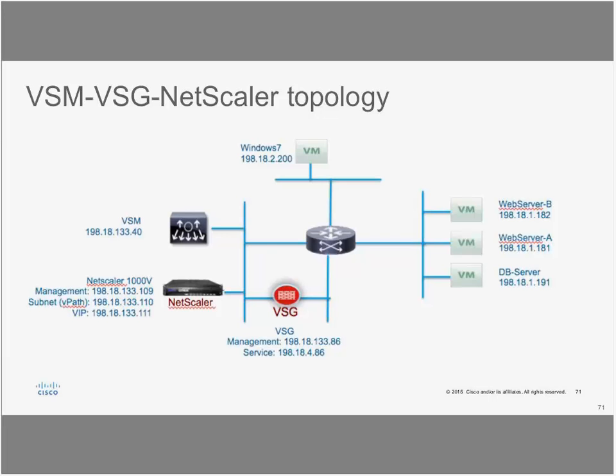This topology I've taken from dCloud. So that's dCloud, our Cisco offering to have hands-on practice on any of the services that Cisco has. And here in this example, it actually walks you through setting up PNSC, VSM, NetScaler, VSG from scratch. So it's a good tool to leverage. This lab was like for 2 hours. And the goal here was to use NetScaler to load balance the traffic at the web server level. And we had a workstation and database sitting on the same VLAN. And there was a need to protect the traffic from the virtual machine to the database server. And that was done with the VSG.